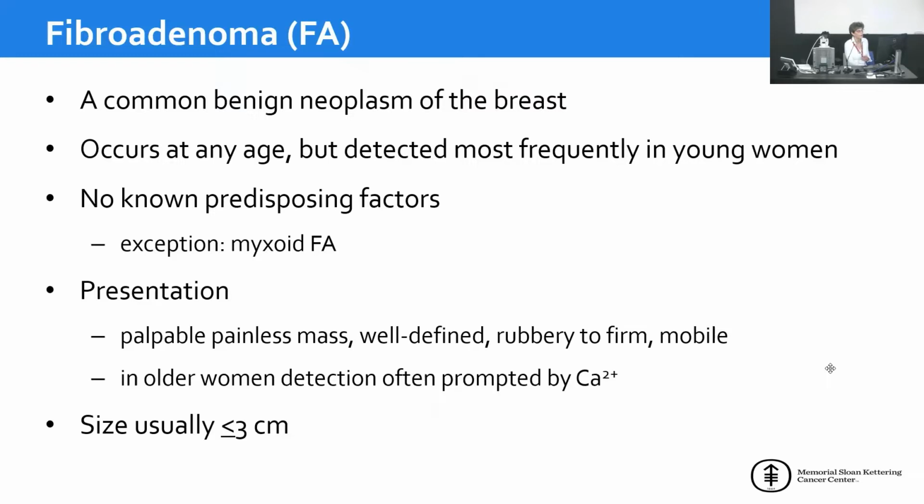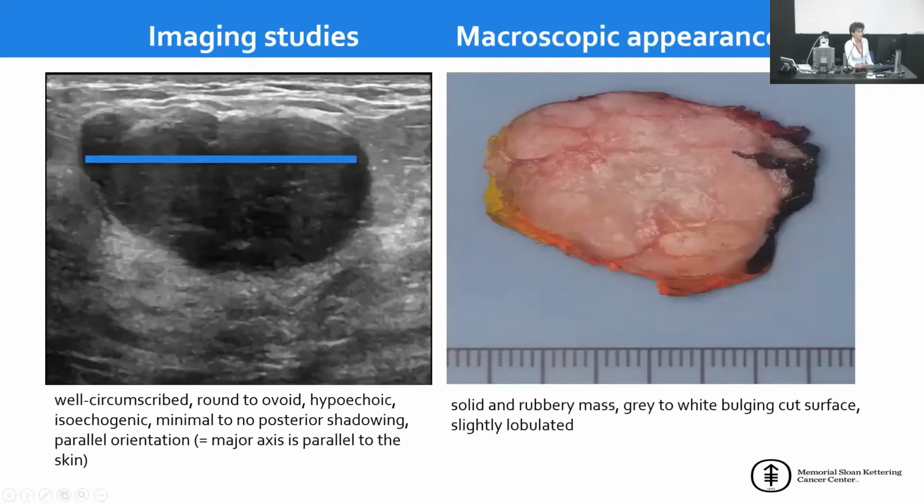I'll touch on that. In terms of presentation, it presents as a palpable, painless mass, well-defined, rubbery to firm, mobile. And as I said, in older women, it may be detected because of calcification. The size is usually up to 3 centimeters, more or less, as a general guideline. In terms of imaging, ultrasound is the best technique to appreciate a fibroadenoma as a well-circumscribed round to oval hypoechoic and isoechoic mass that has minimal to no posterior shadowing, which is a good sign,